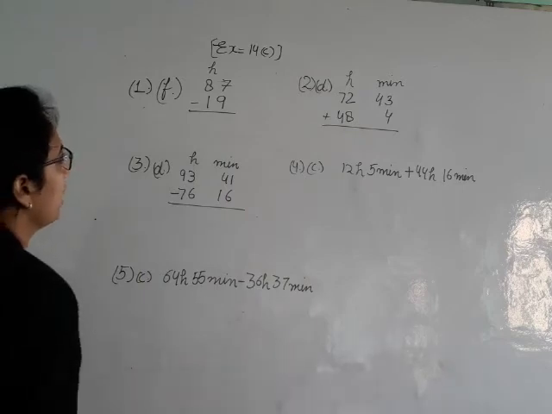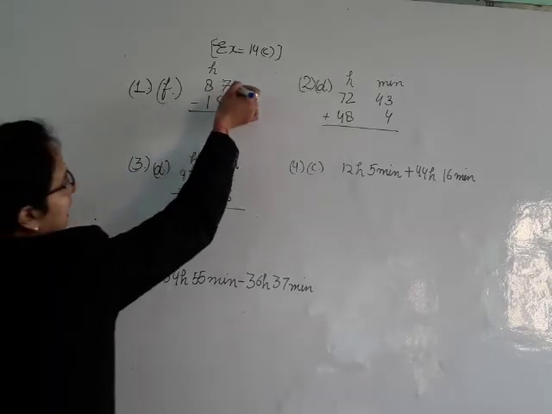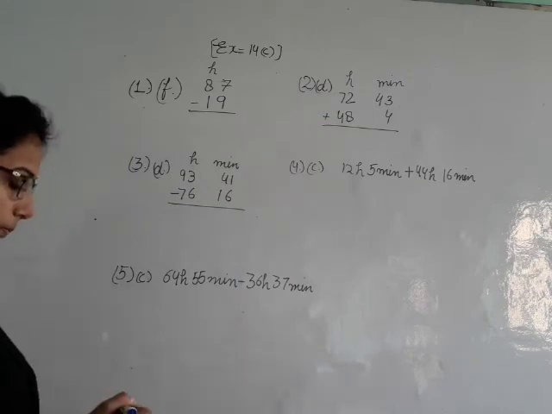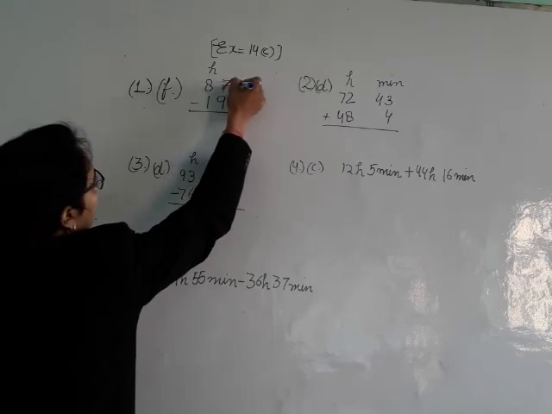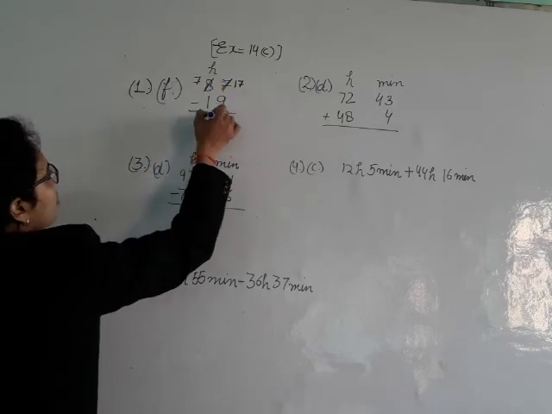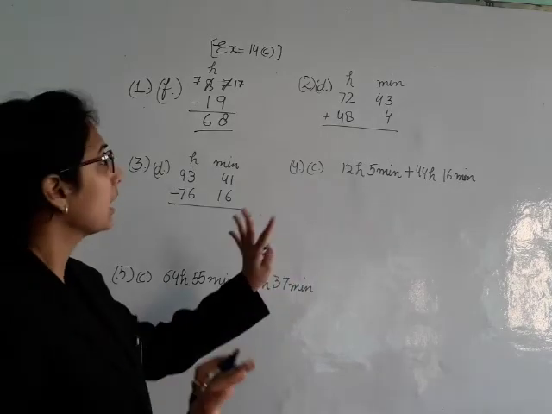It's in hours. We have to subtract it. So if we borrow here, 87 becomes 19. We have to subtract 9 from 17, so it will be 8, and 8 will remain here. And here 7 minus 1, 6 hours. So 68 hours. Simple, very simple. Take it very easy.